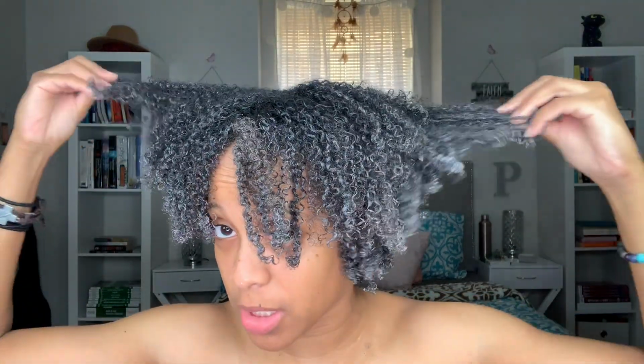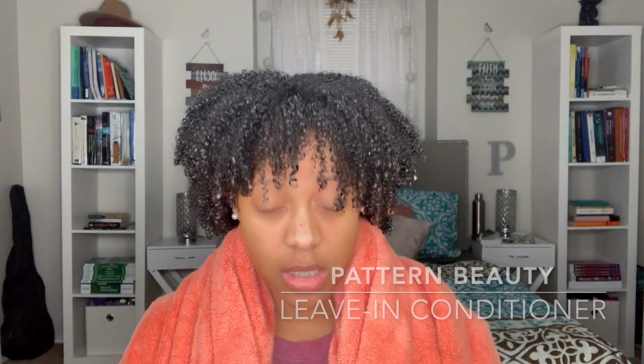Okay, so I'm done putting the deep conditioner in my hair, and it is very thick and moisturizing, but I'm gonna use it as an intense deep conditioner, and I'm going to put it under some heat. So my hair feels nice and moisturized after using the conditioner to deep condition. It needs a little more moisture, so I'm gonna go ahead and use the leave-in conditioner, and